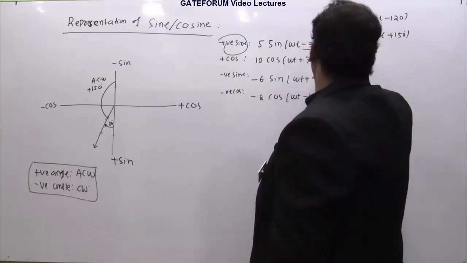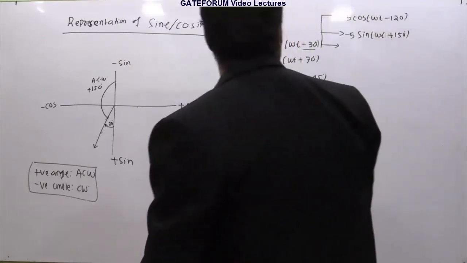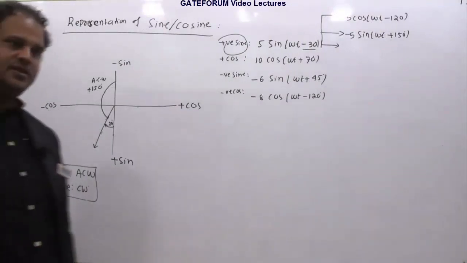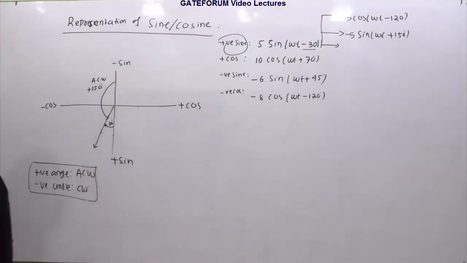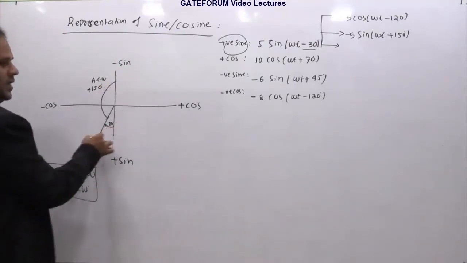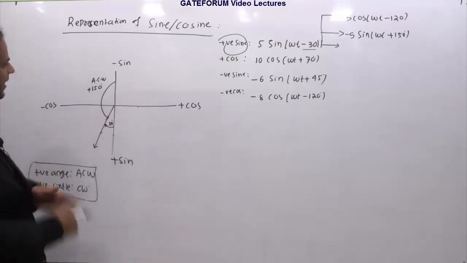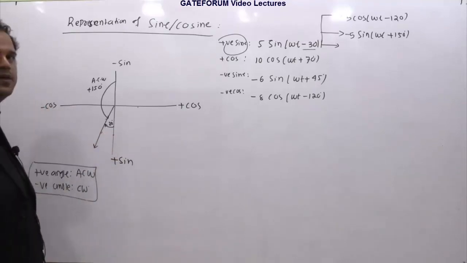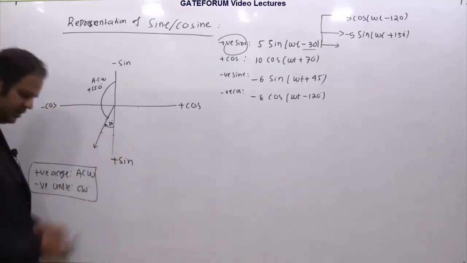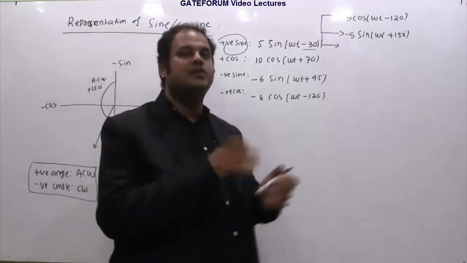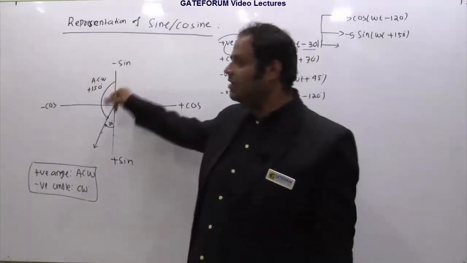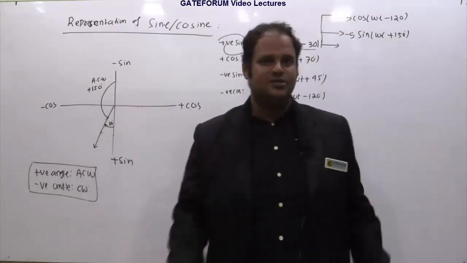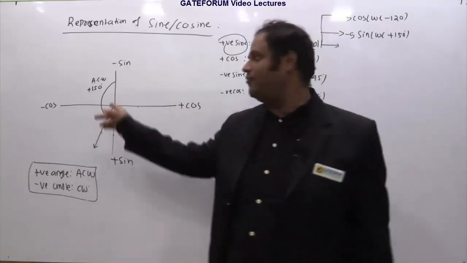If I ask you to write this in terms of what is left, negative cos, how do you write it? Here one more doubt you may have. The doubt might be: sir, why have you taken this as 150? To reach here, I can also move in this way. If I move this way, the net angle will be 180 plus 30, 210, so you will get minus 210 degrees. But that is not in the range of minus 180 to plus 180. I believe you know the principal arguments, where we have to restrict our vision between minus 180 and plus 180. This answer is in that range, but minus 210 degrees is not in that range. So even if there are two possible ways, to maintain this standard we are not going for that one. I am going for this 150.